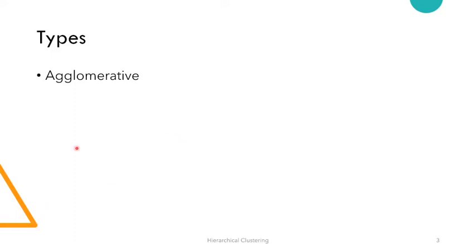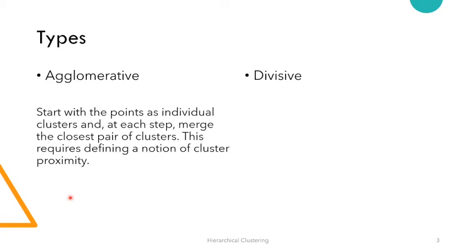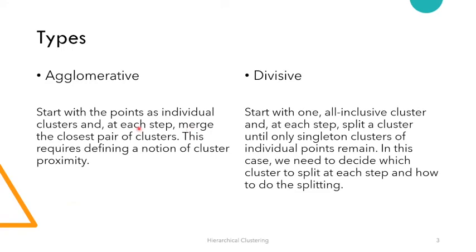Now there are different types of hierarchical clustering, such as agglomerative and divisive. In agglomerative, we take two clusters and then we merge them. The clusters that we select to merge are such that they have the closest proximity. So we need to define what proximity is between each cluster, and we repeat the process until we reach a